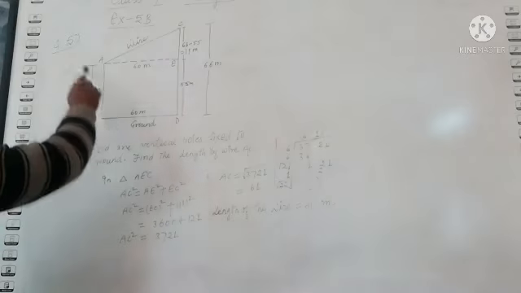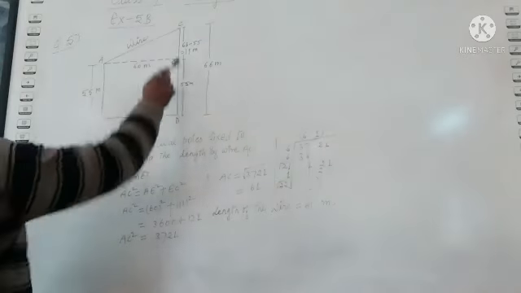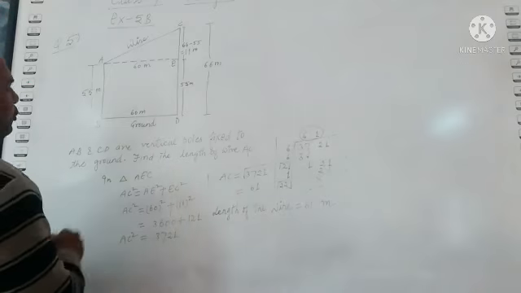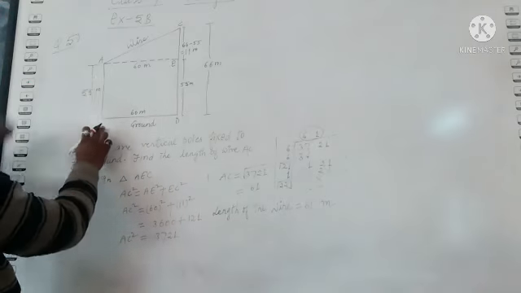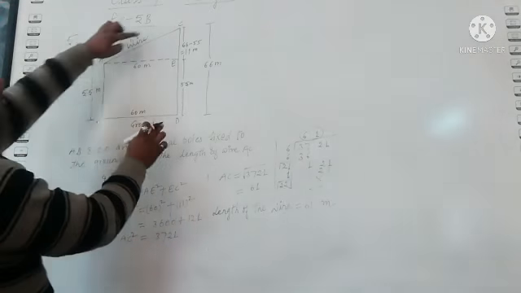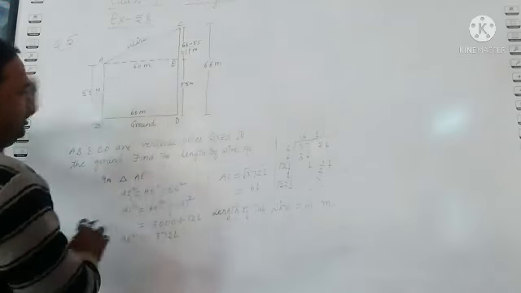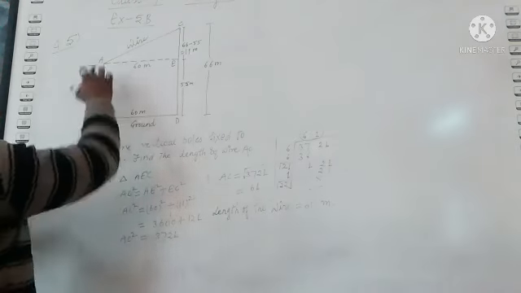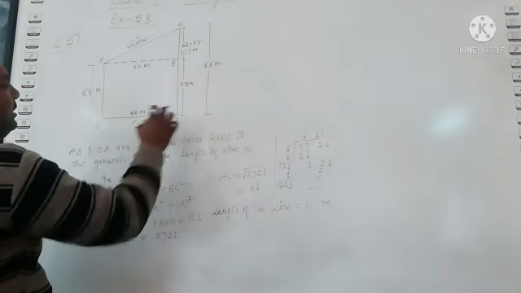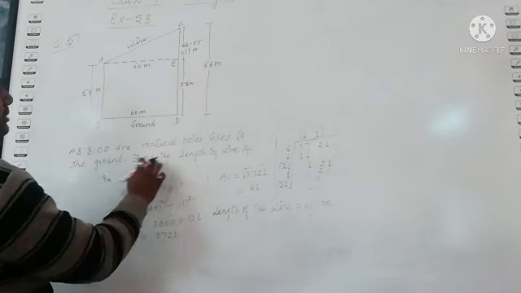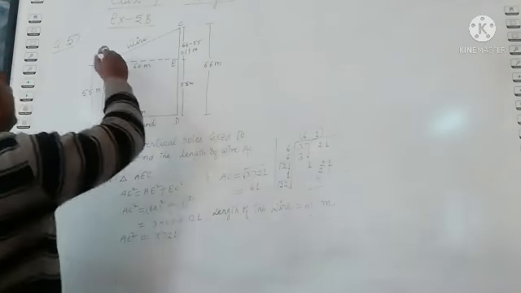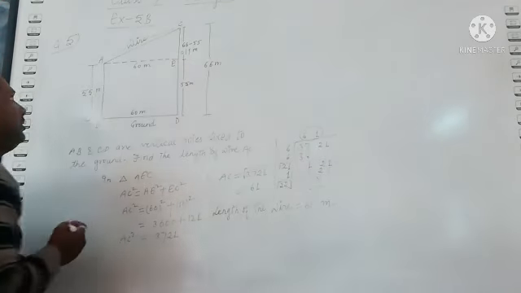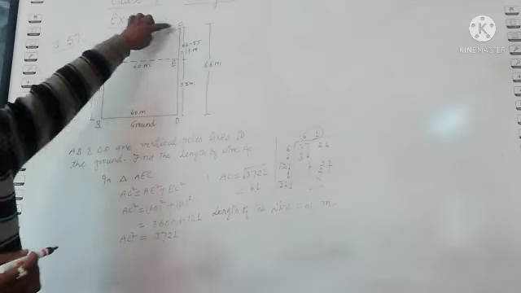Now let's see question number 5. Question number 5, this is the figure, and question 5 says AB and CD are vertical poles. So here AB, this is one vertical pole, and CD, this is another vertical pole, fixed to the ground, and this BD is ground. AB is fixed on the ground, and CD is also fixed on the ground. Find the length of the wire AC. So from A to C, this is wire, and we have to find out this value. What is the length of AC?